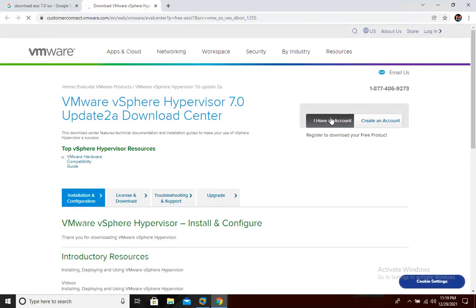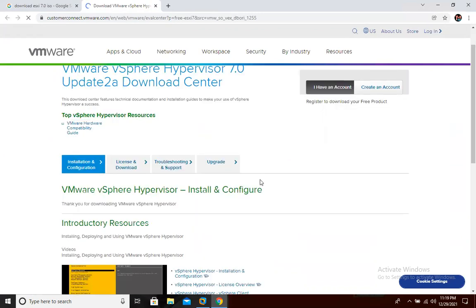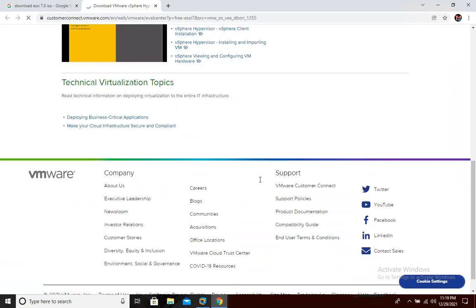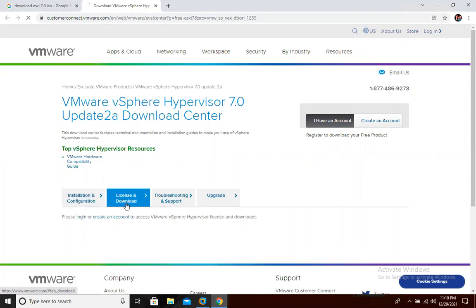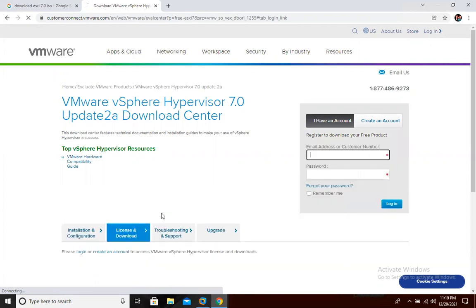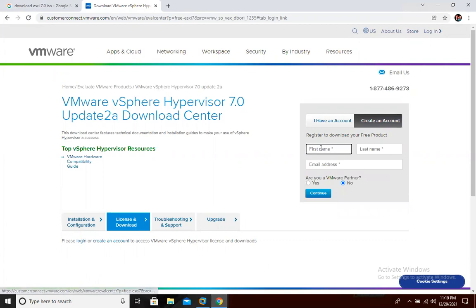If you have an account, please proceed with I have an account. If you don't have any account, just proceed and create an account. You can create your account with any mail ID.